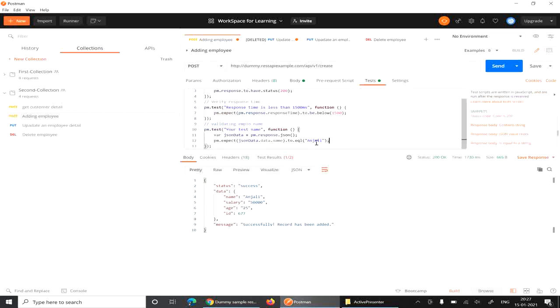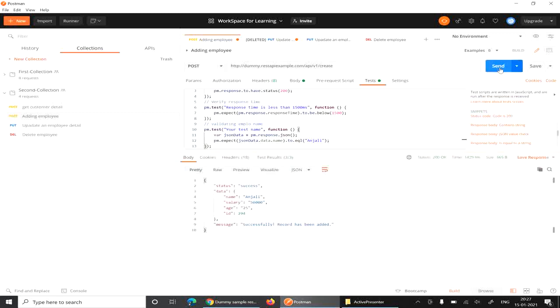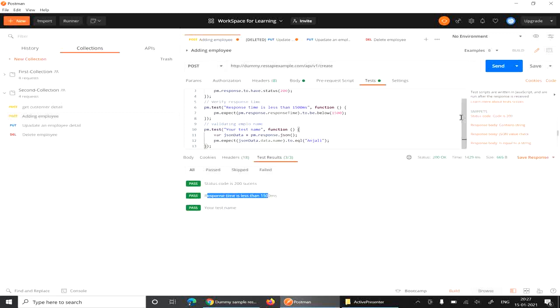When we click on the send button, you can see the test result: all three passed. You can also give the name validating employee name, like that.